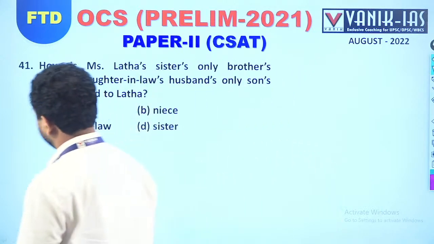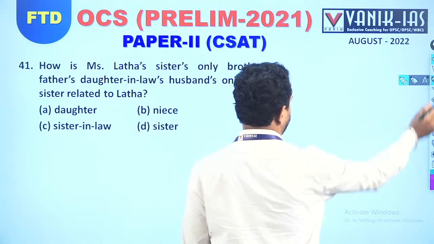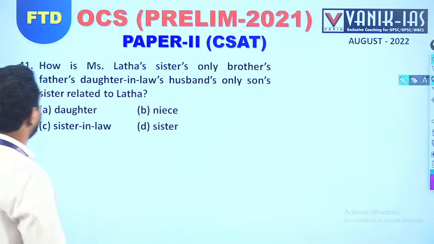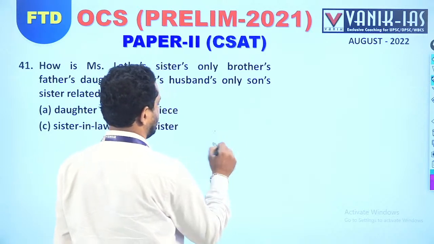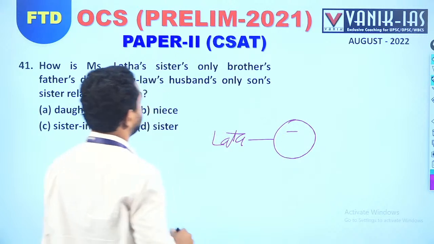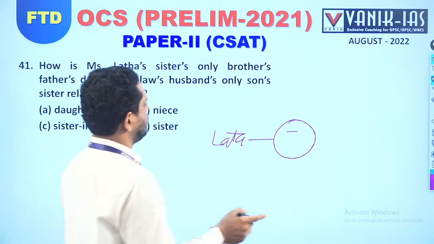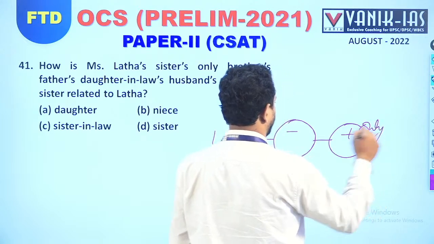And here it is, friends, a blood relation question. Of course, this is from reasoning segment. That's a very core topic for reasoning. How is Miss Lata's sister? Okay, here it is. I have marked Lata's sister. Sister's only brother. Sister's only brother is here. This person is only